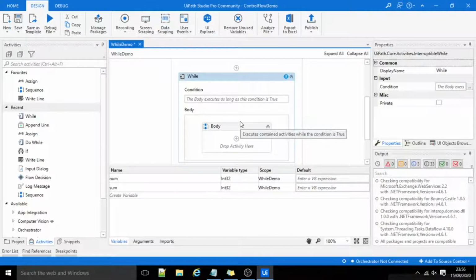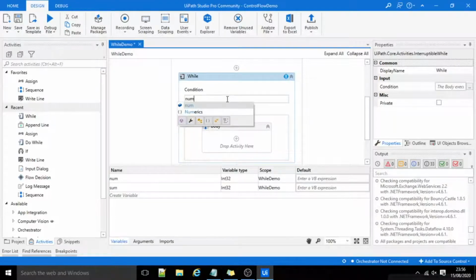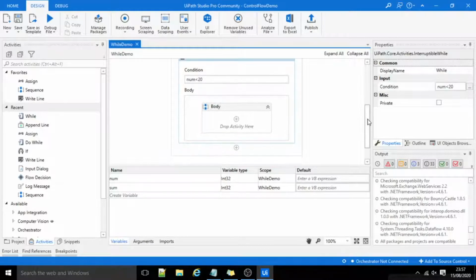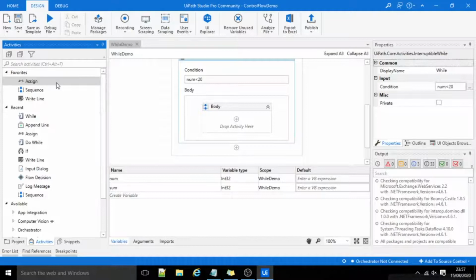Body means we can understand it will contain a set or group of activities that will be executed for each iteration. Now I'll add a condition that execute this while loop body until value of num is less than 20.